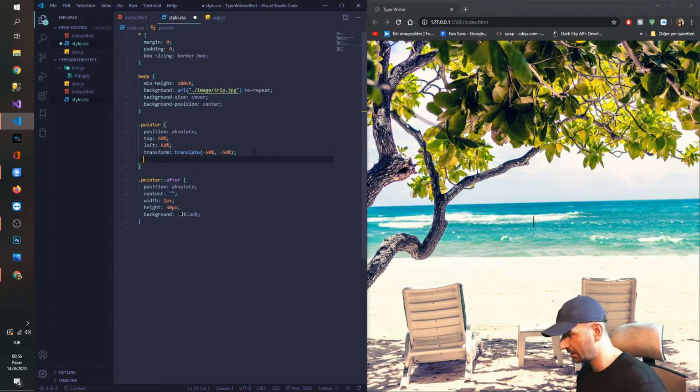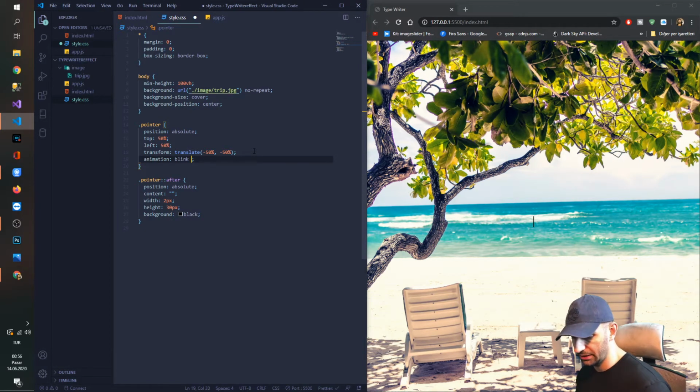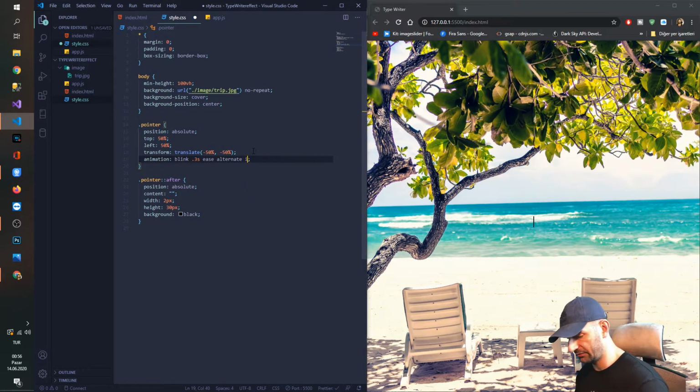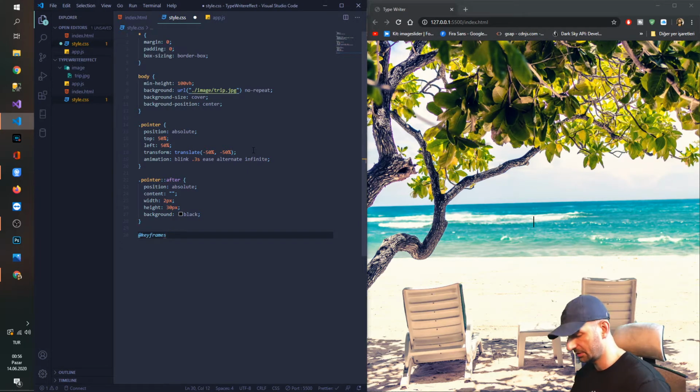pointer here, and I will put some animation here. I will say blink effect. Okay. Let's say will be for 300 milliseconds, and will be ease, alternate, and infinite. Let's come out here and put the keyframes for our animation. It will be blink. That's great. And will be from